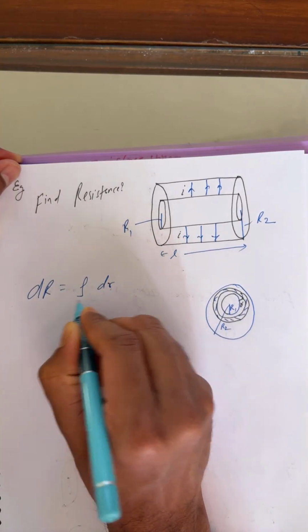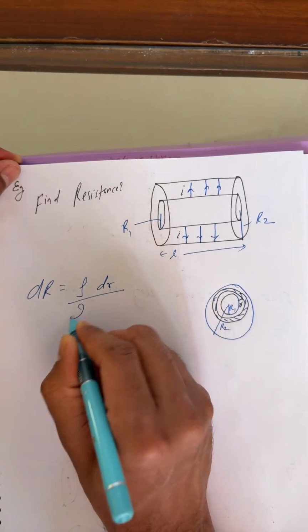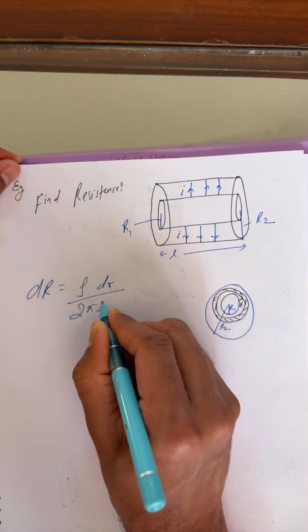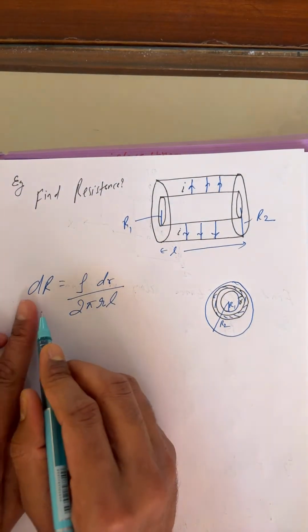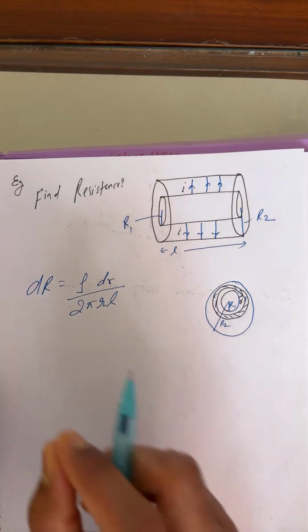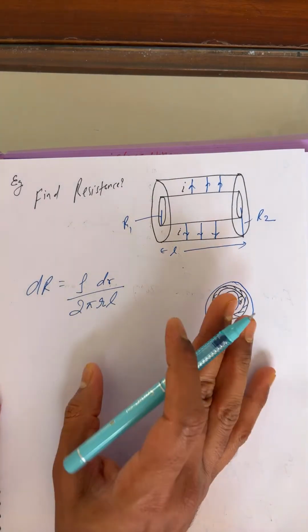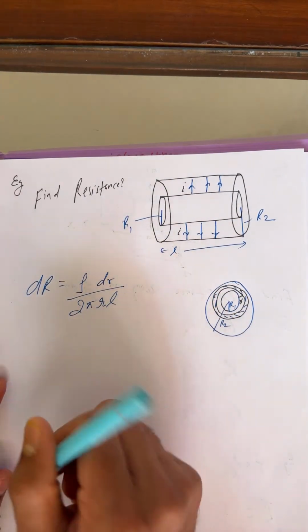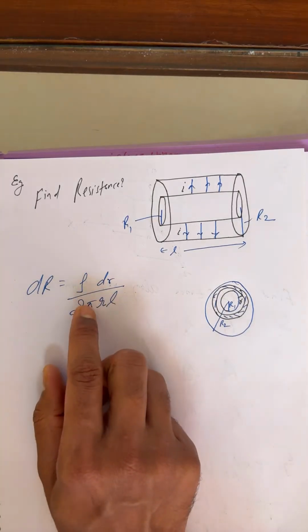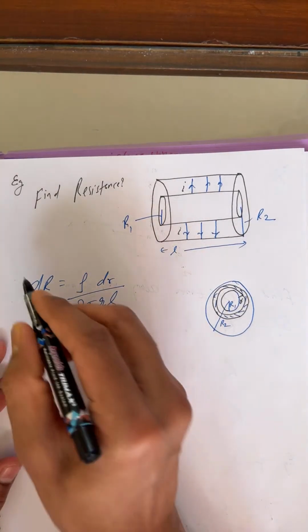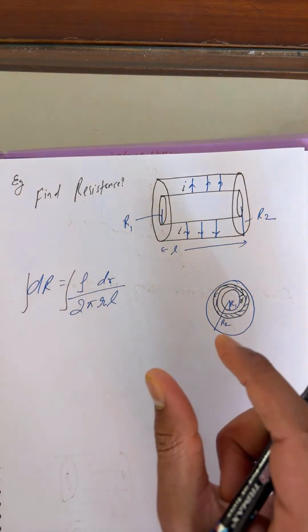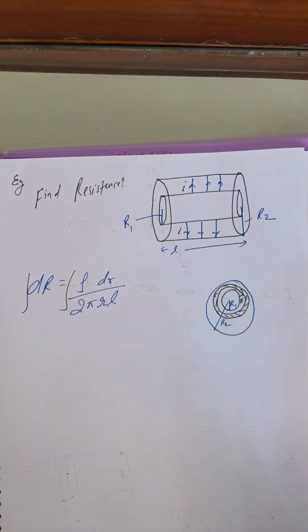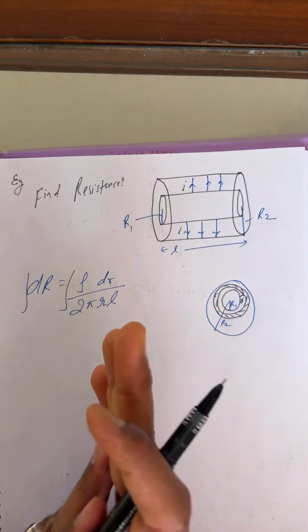L is what? You can say dr, upon the area, and this is the cylinder area, 2 pi RL. So this is the expression for a small element. But we wish to find the entire resistance. If you wish to find the entire resistance, then you have to use the tool of integration. If you have many small pieces and you want the combination of the entire pieces,